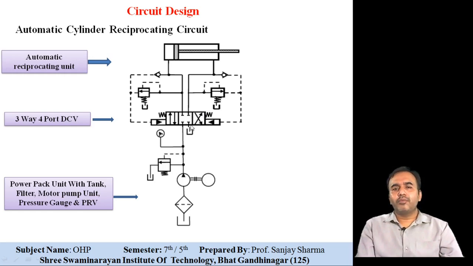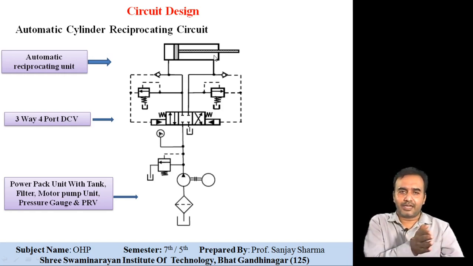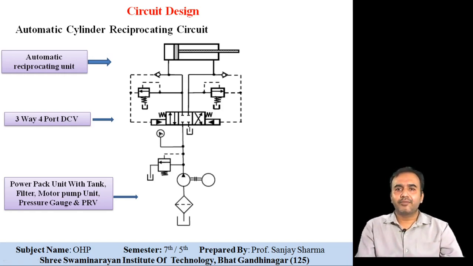After this cross position, because of the cross arrow, the flow will start flowing in the cross direction. So through this circuit, the flow will take place through this and the flow will enter through the piston rod side. Now again, when it is flowing to the piston rod side, the cylinder will retract. Once the cylinder retracts, what will happen? The pressure increases.